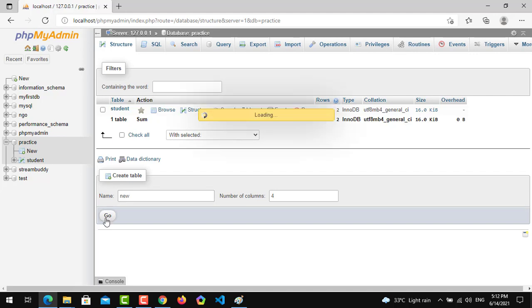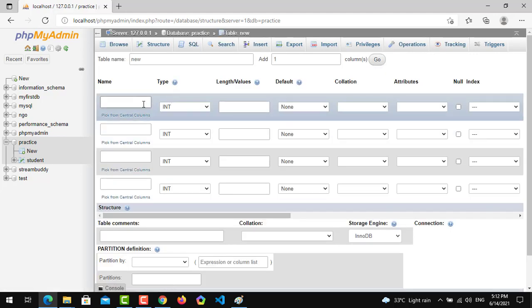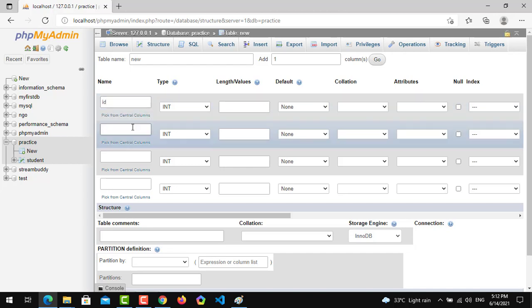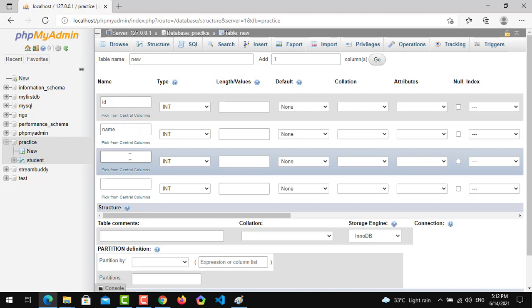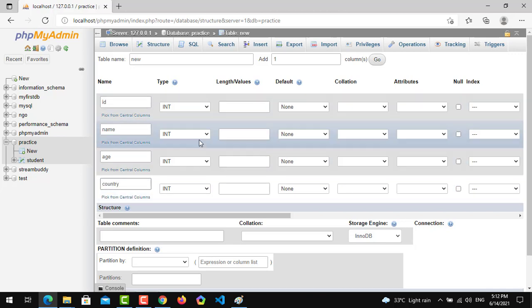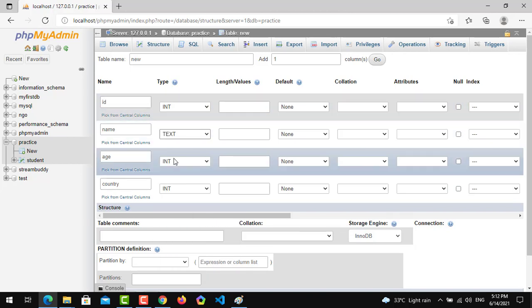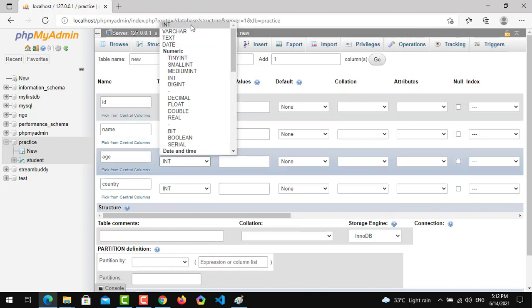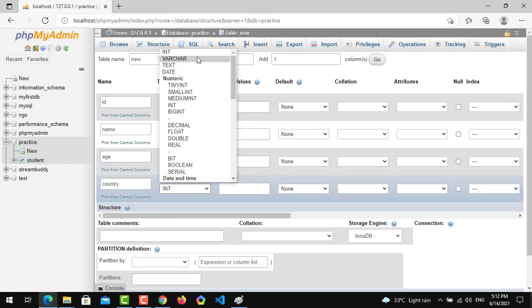Okay, so I click go, and in the first column I write id, in the second column name, in the third column age, and in the fourth column country. So id is integer, name is text, age is integer, and country is text.